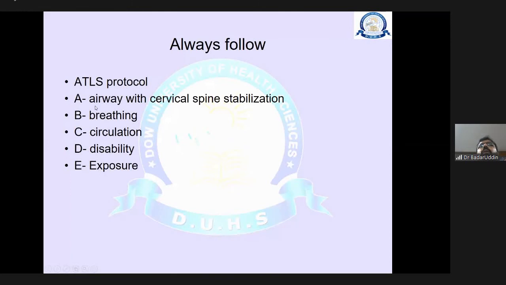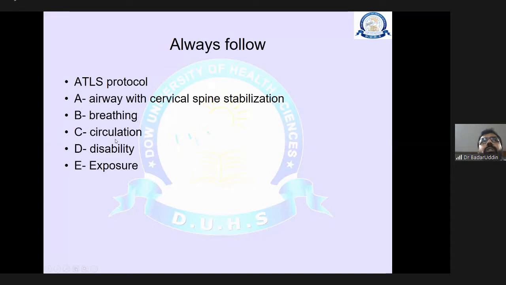So how do we assess the airway? Just talk to the patient, ask the name. If the patient can talk, it means his airway is clear. Until you clear all these injuries, put the cervical collar straight away and assume this patient has a cervical spinal injury until proven otherwise. Second, check the breathing pattern of the patient. If there is no extra sound through the nose or mouth or any difficulty in breathing, the breathing will be clear. Examine the chest, look at how he is breathing, normal or with some problem in the chest. Check for bruises around the chest as well.